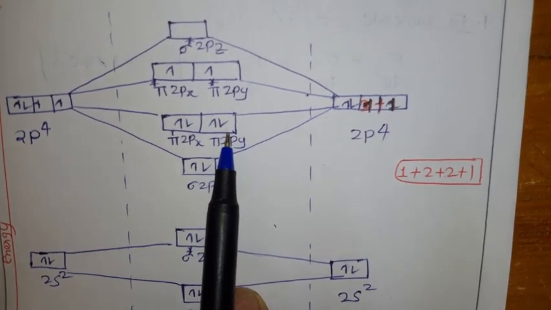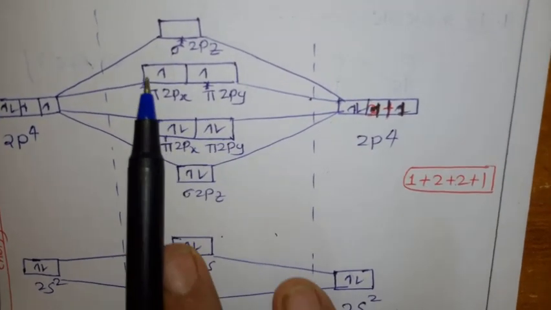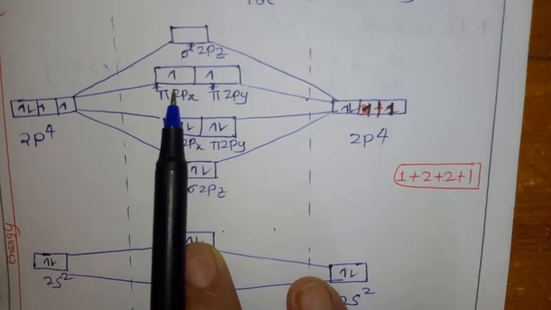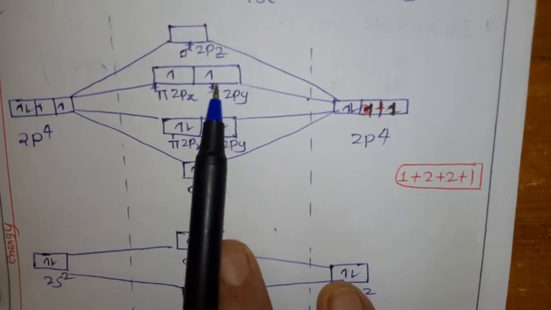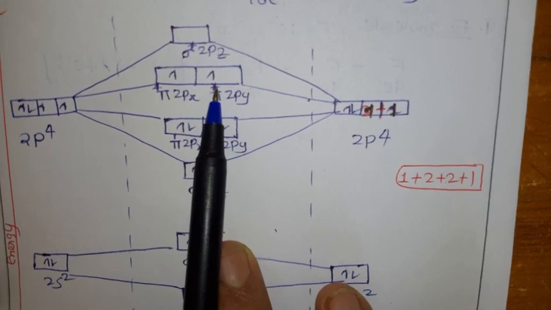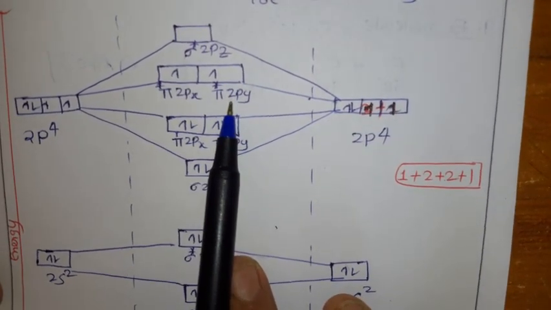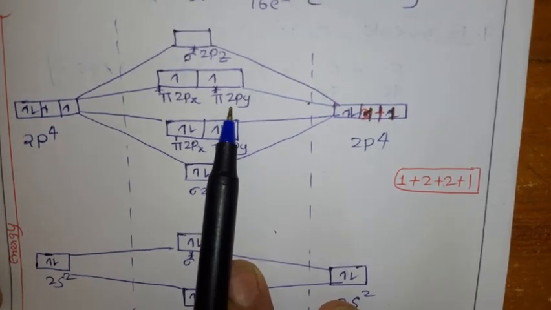How many are now left? We are left with only 2. So now here we have the degenerate orbitals. In case of degenerate orbitals, first you have to go for singly, after that you have to go for the pairing. So pi star 2px contains 1 electron and pi star 2py contains 1 electron. Okay.